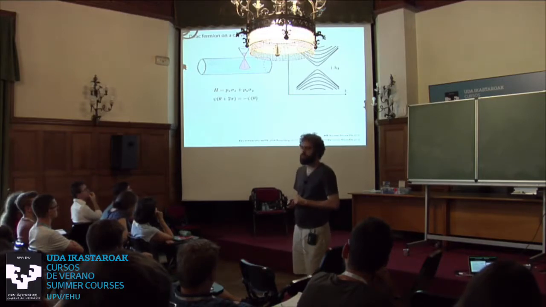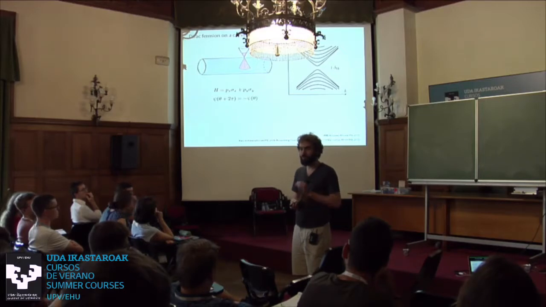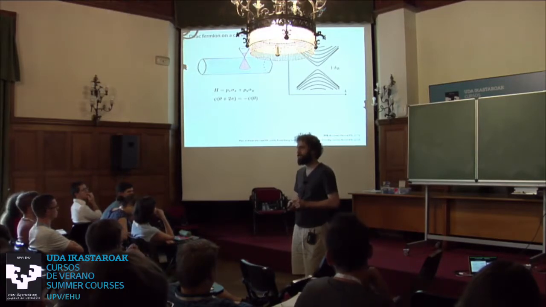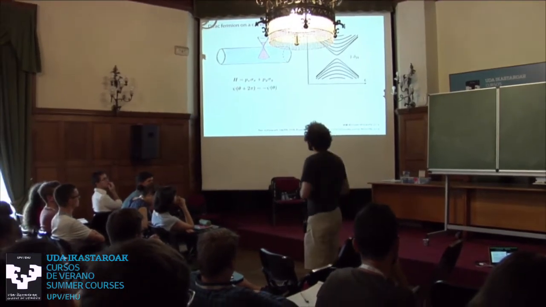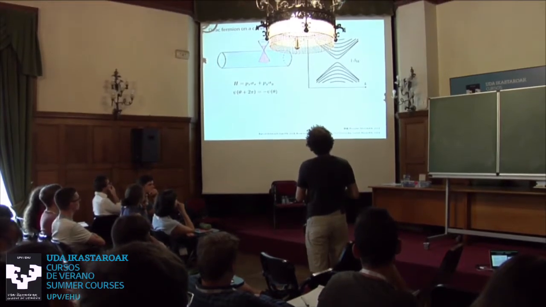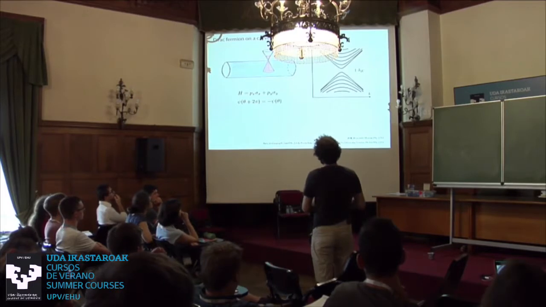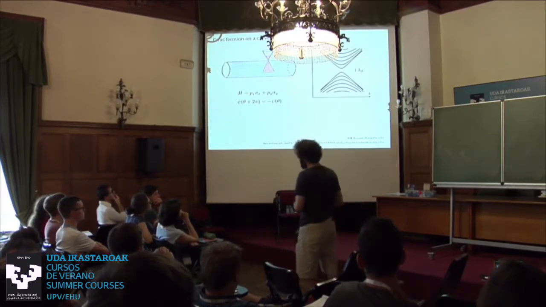Now, why is this surprising? Well, because everyone, since you were a kid, has told you that topological insulators are characterized by a surface which is gapless. But actually, if you take a topological insulator and make it into a wire, you get a gap. And the reason has to do with the fact that